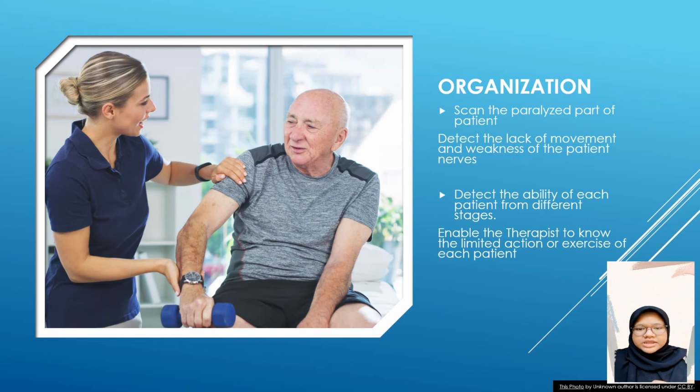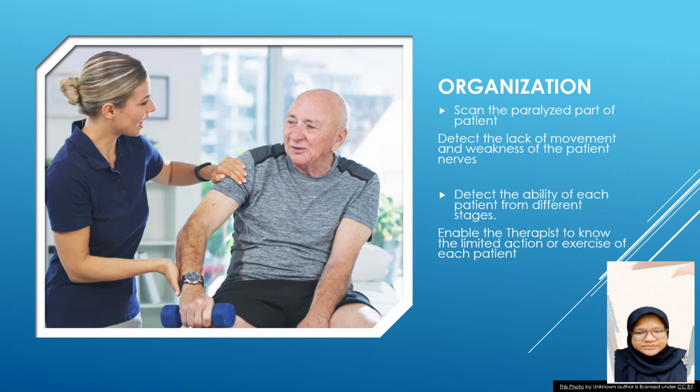So now, let's move to the other part, which is known as organization. The organization in the business information system plays a significant role in the healthcare industry. An organization is required to scan the paralyzed part of the patient's body through the machine. As a result, they can detect the lack of movement and the weakness of the patient's nerves. This process should be done first so that it will be easier for an organization to see the progress of